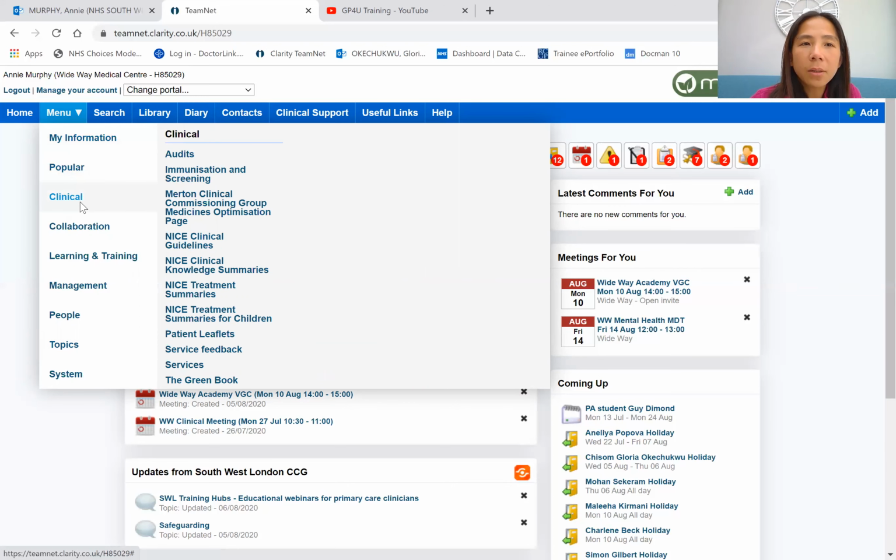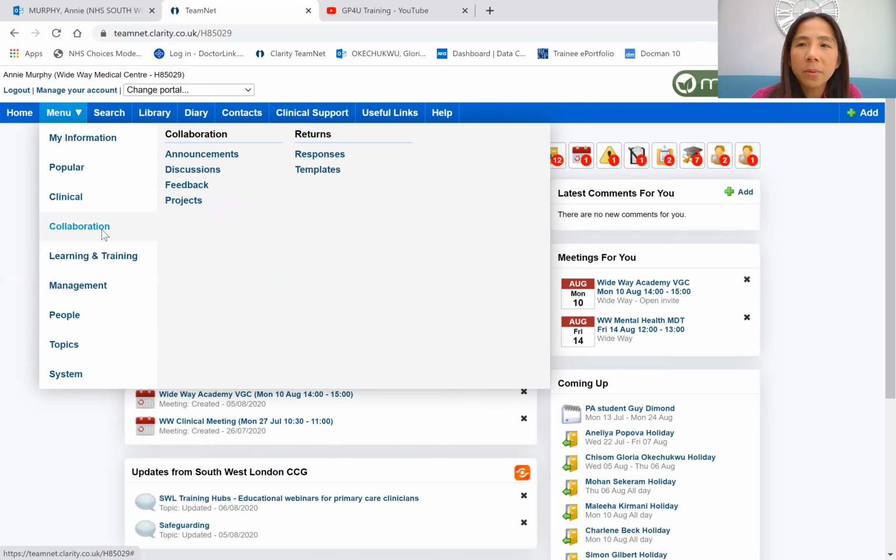Under clinical, you have things like audits, and there are also some nice summaries and useful reference articles as well, which we can use. Under collaboration, there are announcements and discussions that we can get involved with, and projects. Under learning and training would be the significant events, the appraisals,